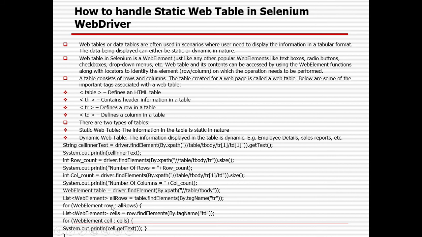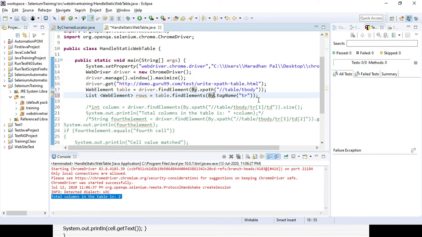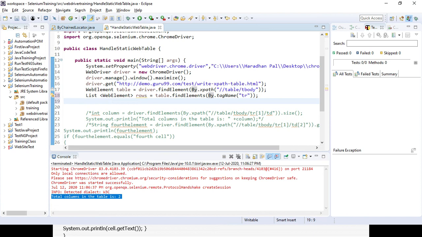Okay, then you need to use a for loop, not a simple one, I mean a for-each loop or advanced for loop.